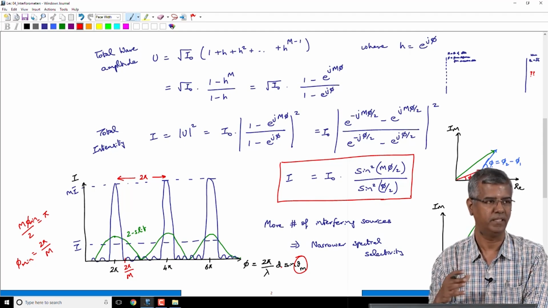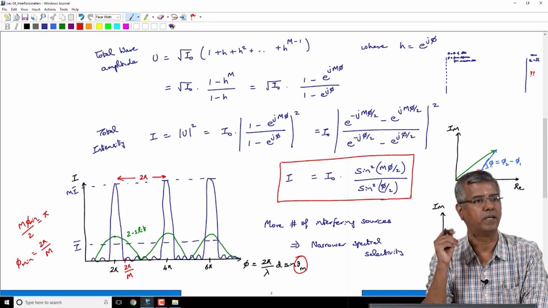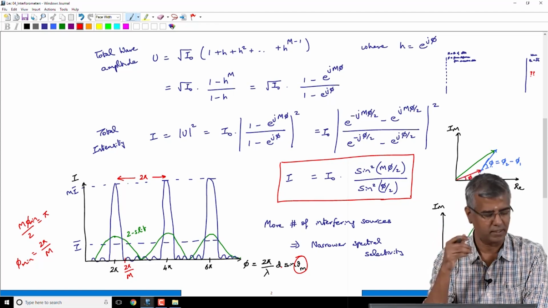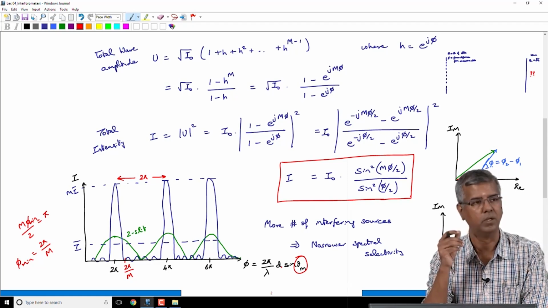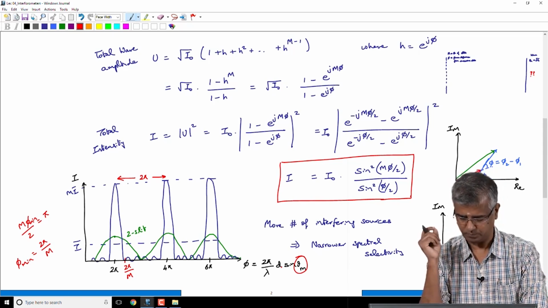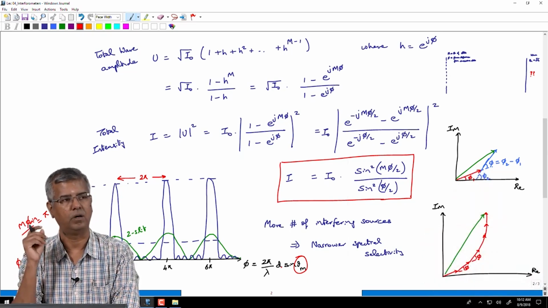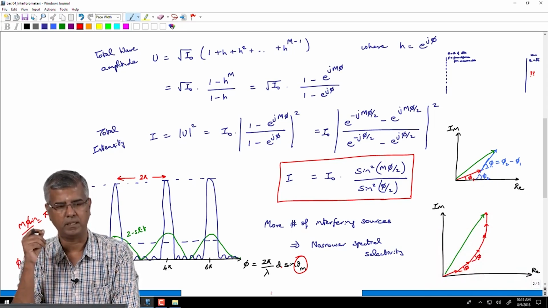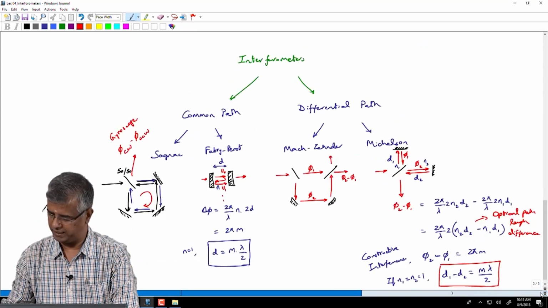You understand that? So, you could direct most of your energy in a particular direction, and it's a slightly more advanced concept. We don't have time to go into that, but we'll try to give you a sample of that through the tutorials. You'll work out one problem in that. Okay. So, this is the specific configuration of multiple slits, but we can easily see that similar principles can be extended